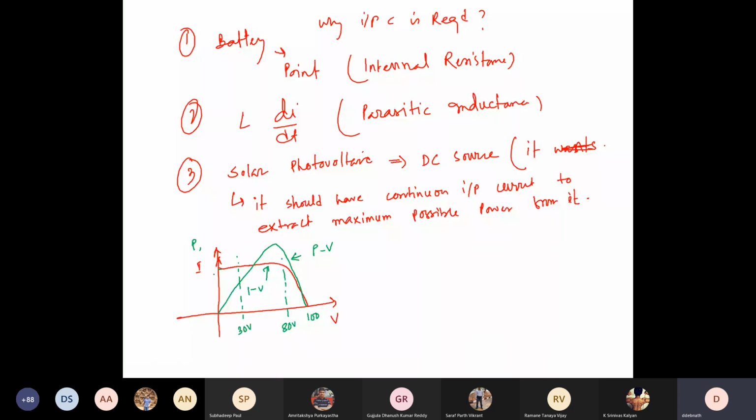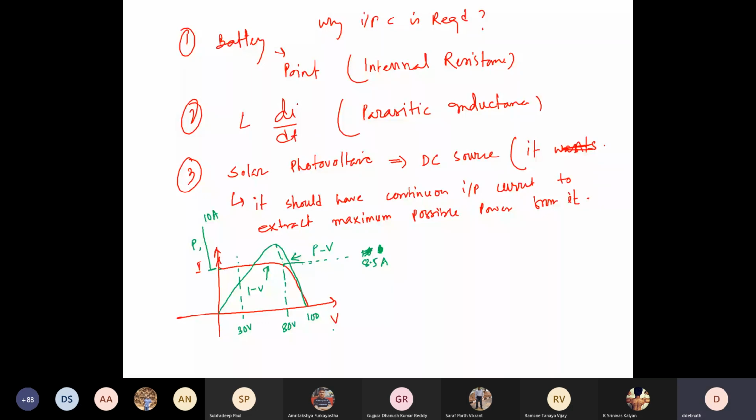And this current, if it is 10 ampere, this ISC, we call it the maximum current. Let's say it is 10 ampere. Then at this point the current could be around 8.5 or something ampere. You understand the difference? This starting point will be slightly higher, and the point where the power is maximum will be around 80 to 85%. So this is a peculiar behavior of solar photovoltaic.